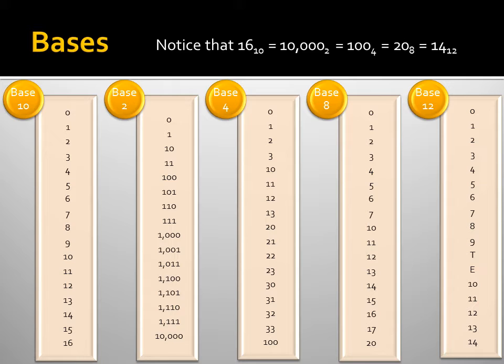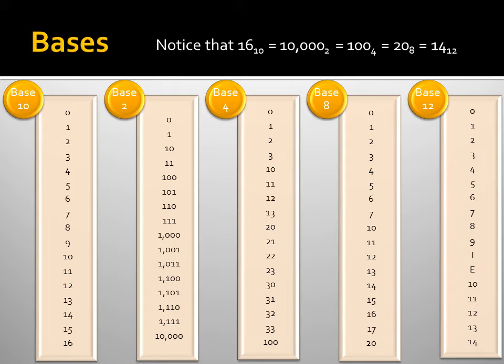Let's take a look at base 2. These are exactly the same first 17 numbers, and you can see they go 0, 1, 10, 11, 100, 101, 110, 111, 1000, 1001, 1011, 1100, 1101, 1110, and 1111, and then it jumps to 10,000. Then in base 4, we look at the first 17 numbers, and they are 0, 1, 2, 3, 10, 11, 12, 13, 20, 21, 22, 23, 30, 31, 32, 33, and then it jumps to 100 because there are no